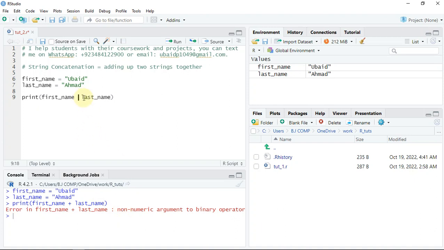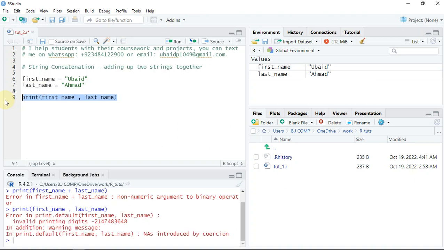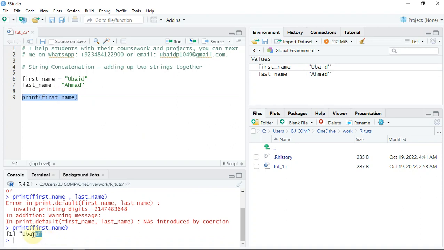There is another thing. Let's do a comma, right? Because in some programming languages they let you use a comma for this purpose, but it's giving an error, so it's also not allowed. So let's just do one thing, print this first name. So yeah, it's working absolutely fine, but it is not allowing me to concatenate another string with this